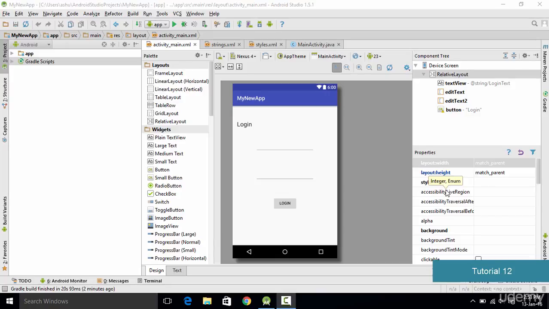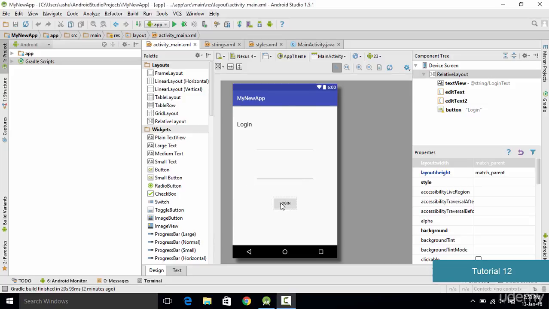Hello and welcome to this tutorial, and in this tutorial we'll be designing the user interface of our Android application. Now this tutorial is going to be the continuation of the previous tutorial in which we have designed this basic login screen for our application, and now in this tutorial we are going to study about some things which are called resources. But before directly jumping into the resources, the first thing which I need to mention is we